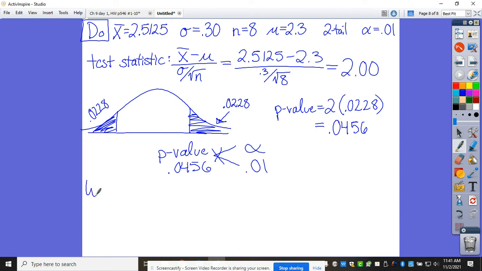So our conclusion, we failed to reject. What was it that we failed to reject? Wait, why would we fail? No. Because this is not less. So I thought that we would reject it. No, so it's all nots. So not. So we failed to reject the null hypothesis that